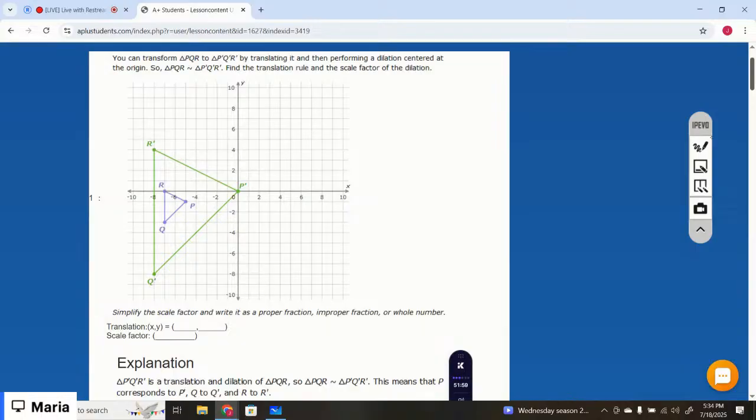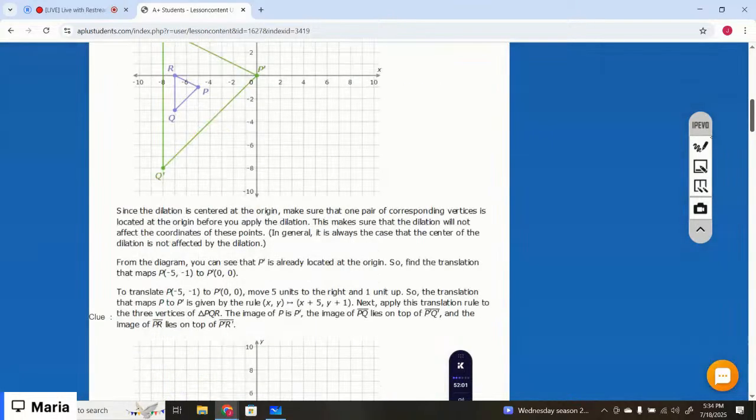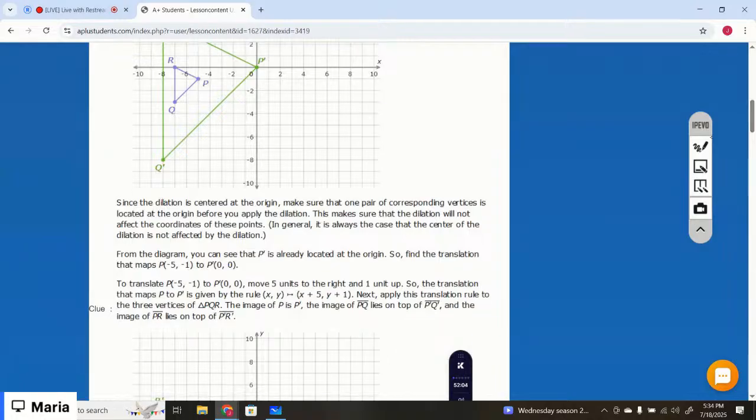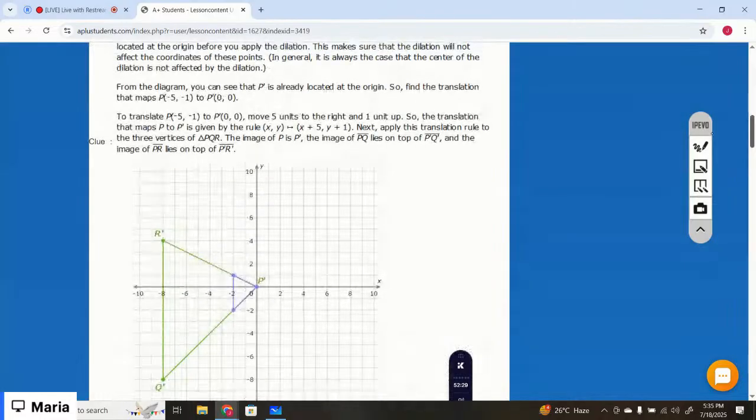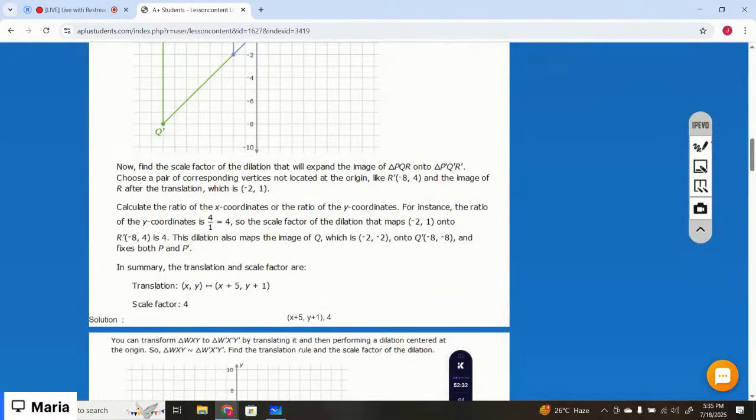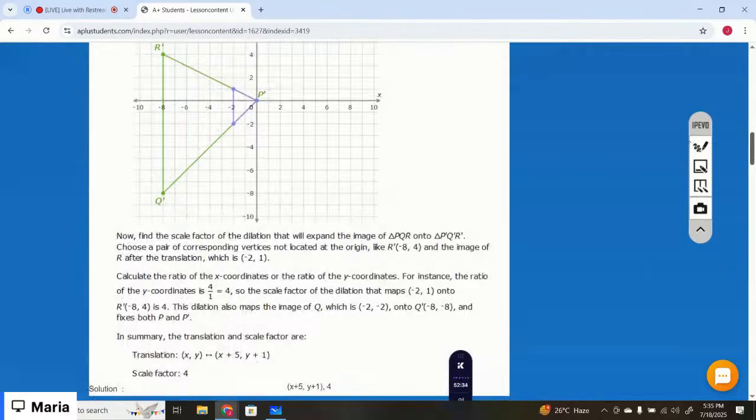So basically, we need to find the scale factor of the dilation. So P dash is at origin 0, 0, right? And P is at -5 and -1, right? So the translation is x plus 5 and y plus 1, right? And the scale factor is